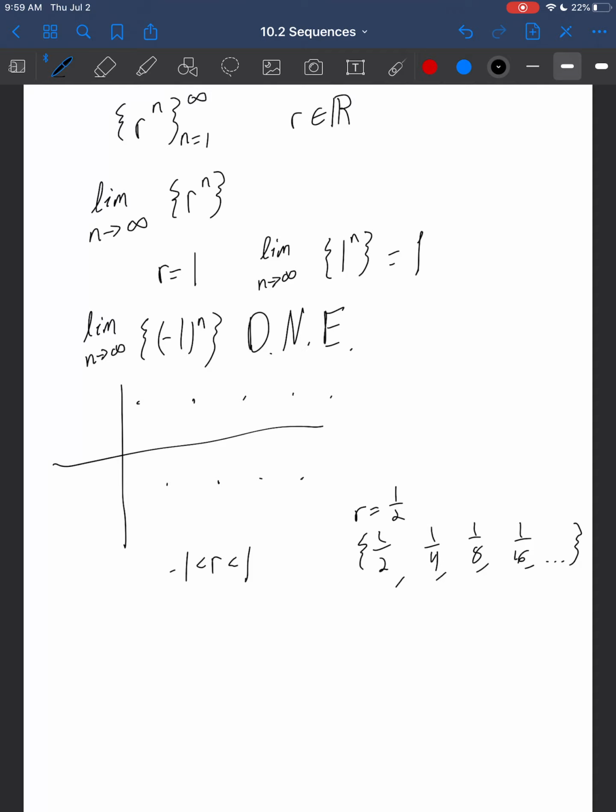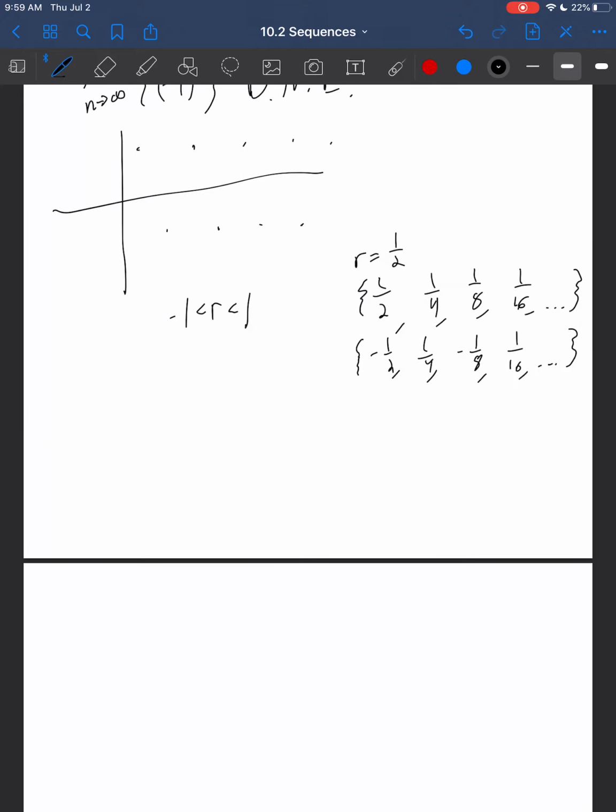And we can see that as n goes to infinity, we're going to get closer and closer to 0. And the same thing is going to happen with a negative. So if I had negative 1/2, I'm going to get negative 1/2, positive 1/4, negative 1/8, positive 1/16. And so it's doing the same thing where it's getting closer and closer to 0, but now it is bouncing